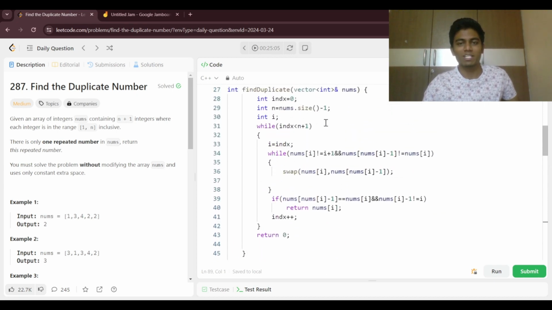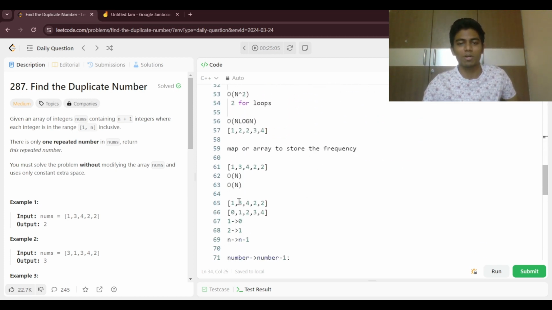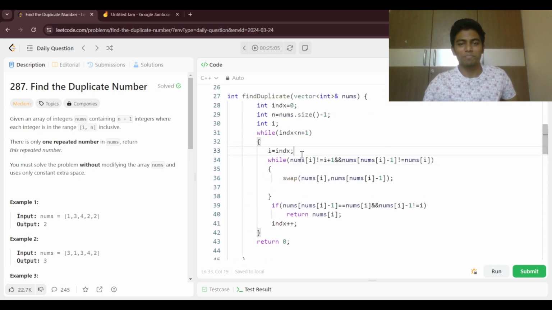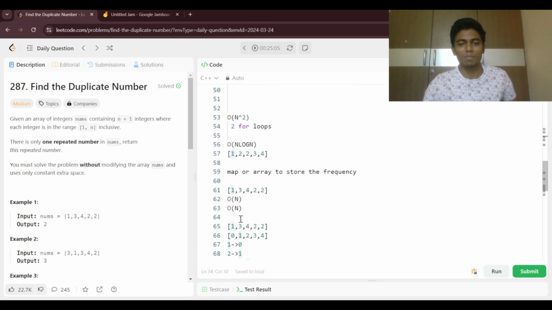So the first implementation is going to be like we are taking the indexes and then we are matching the indexes based upon 1 to 0 and then 1 to 0 and then 2 to 1 and then n to n minus 1, and then when there is a collision then we are going to return the answer. Suppose let's say we are taking this particular solution and then if we have this nums[i] and then if it is not equal to i plus 1, that means suppose if we consider this particular one and then this is not equal to i plus 1,